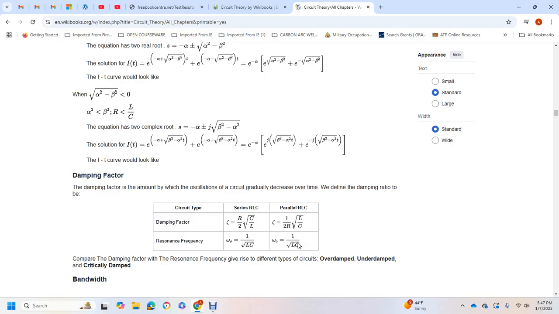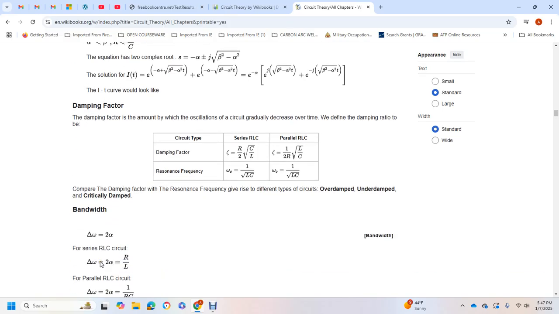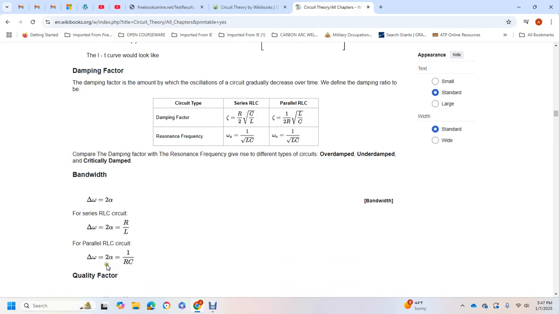1 over the square root of inductance times capacitance, comparing the damping factor and resonant frequency for the different types: overdamped, underdamped, and critically damped. Bandwidth is equal to 2 alpha for the RLC circuit. The bandwidth is equal to 2 alpha, equal to resistance over the inductance for a series RLC, and for a parallel RLC the bandwidth is equal to 2 alpha